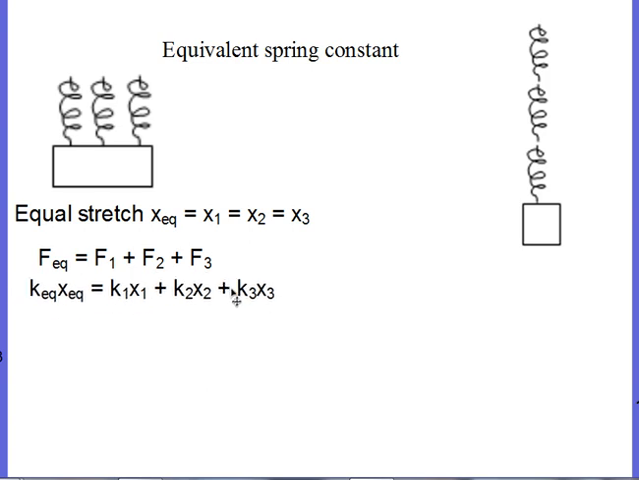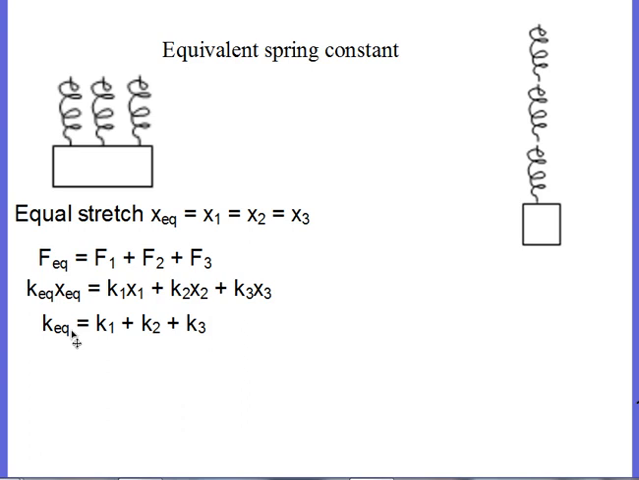And if we then go to Hooke's law, the equivalent force is equal to the equivalent spring constant times the equivalent stretch, and so on for each of the other forces. But we've already asserted that all of these values are the same, so you divide those out and we get the result that the equivalent spring constant for these springs in parallel is the same as the sum of the spring constants of the individual springs,